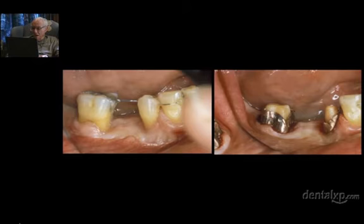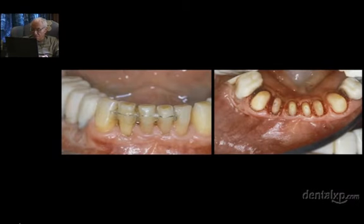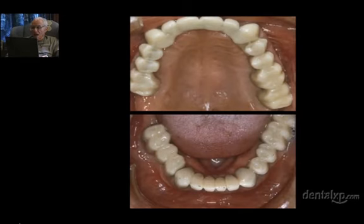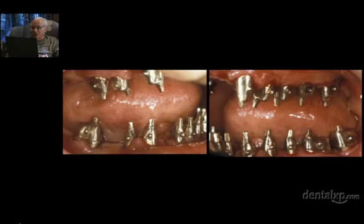Now we fit copper bands, since we're no longer able to get gold bands. This is 1980. And the teeth were prepared and provisionals made, block carving used in the posteriors, and the lower anteriors, and establishing the occlusion in the provisional state. And then after evaluation,